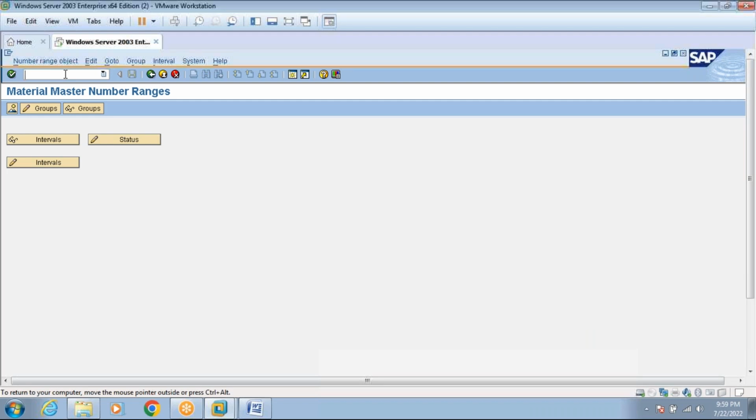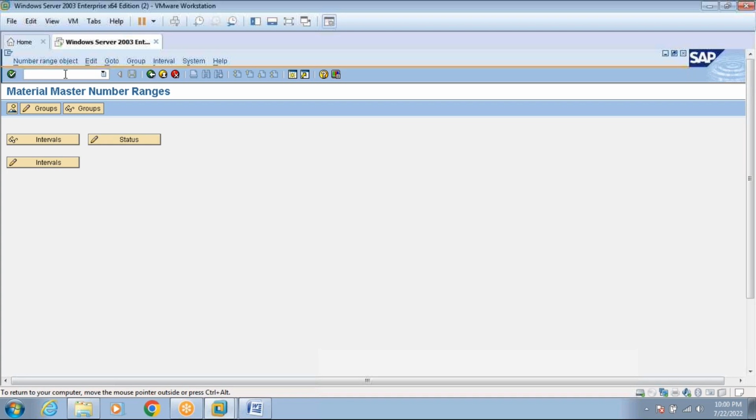Anyway, what I'm saying is, if you take 4 digits as the maximum for material, then after 9,999 material, the 10,000th material will not get generated in SAP. The system will stop after creating 9,999 materials because it is a 4 digit number. 10,000 is 4 zeros, so in total 5 digits.